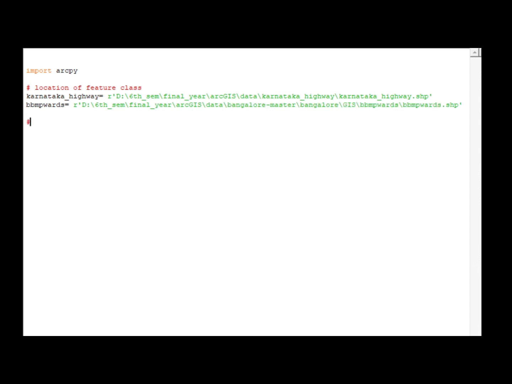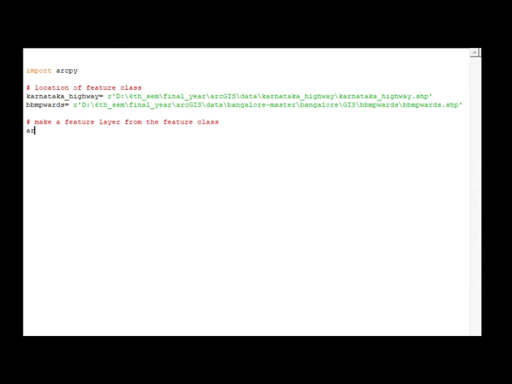So next step is, first we have to make a feature layer from the feature class. This is similar to adding data to your ArcMap from your directory.